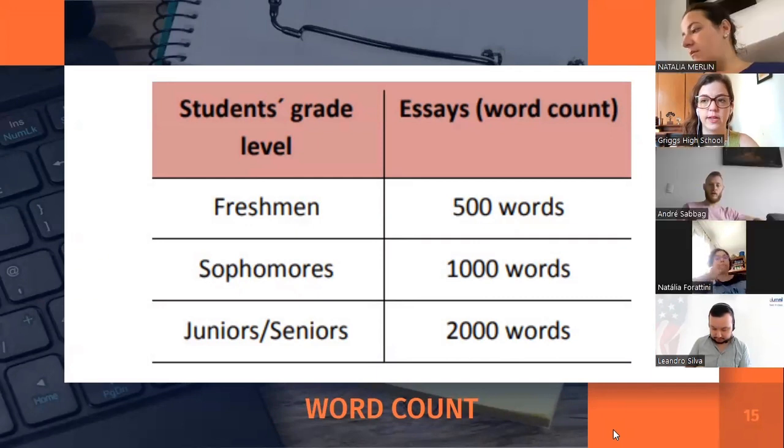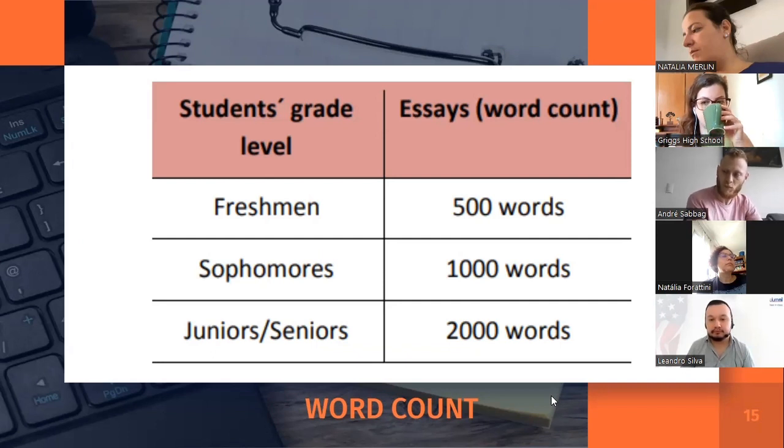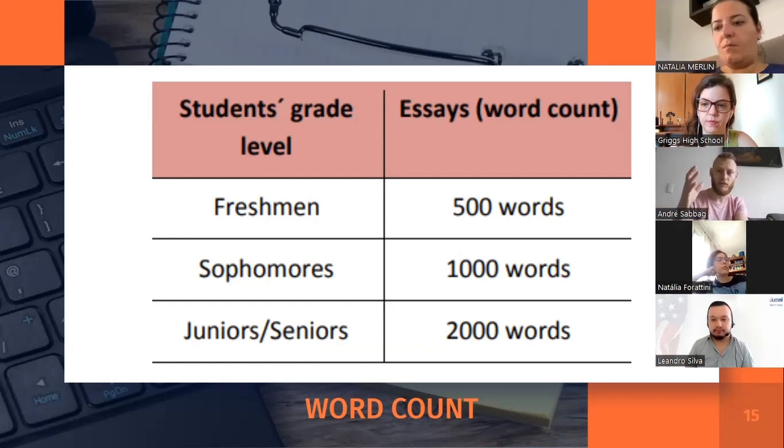Yeah, so the writing the essay is a process. Yeah, go ahead. I have a question, and Leandro can correct me if I'm wrong here, but I think from what Miriam told me, if I am to give health classes next year, my classes will be mixed from what I understood. So there are going to be some freshmen, some sophomores, some juniors and seniors. Should I expect the word count to be different for each one of those students, even though they're in the same class? Yeah. Okay.